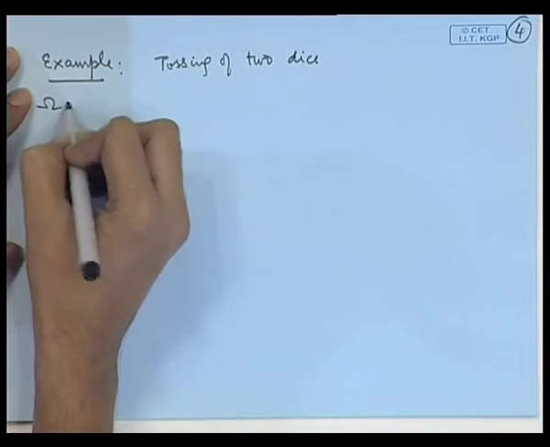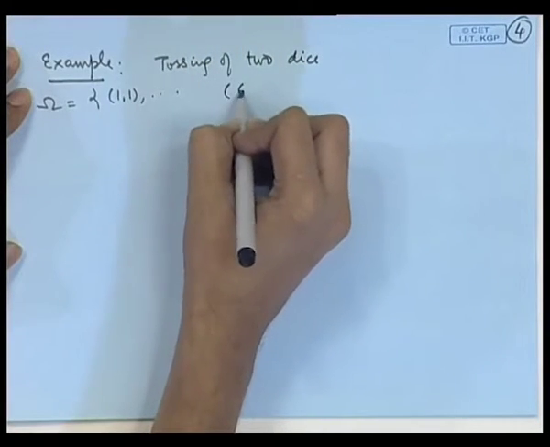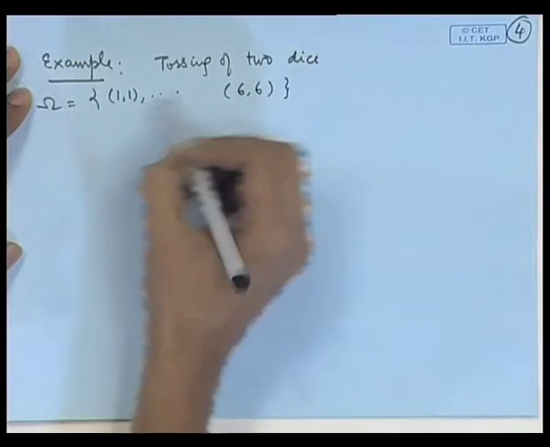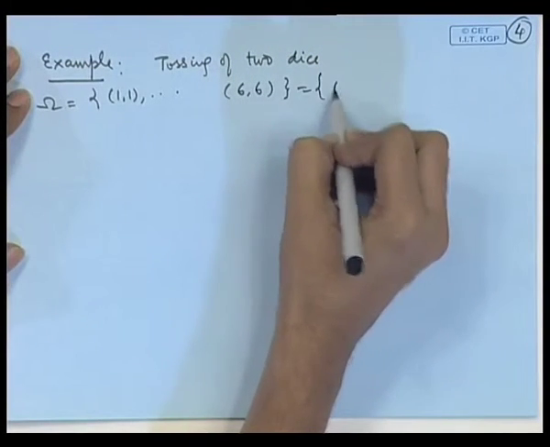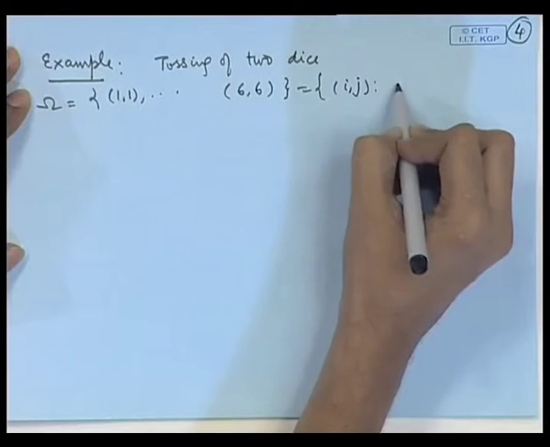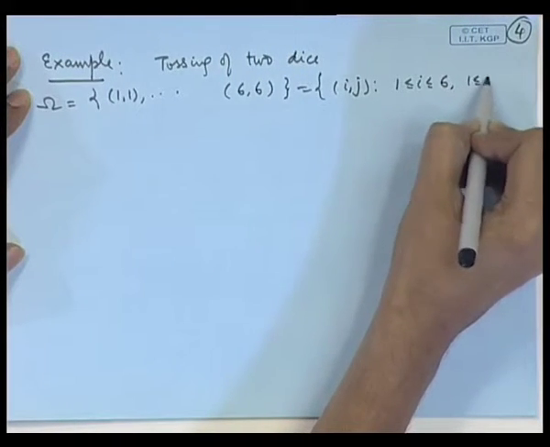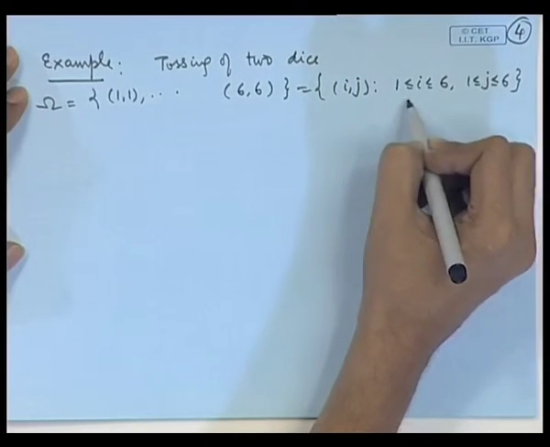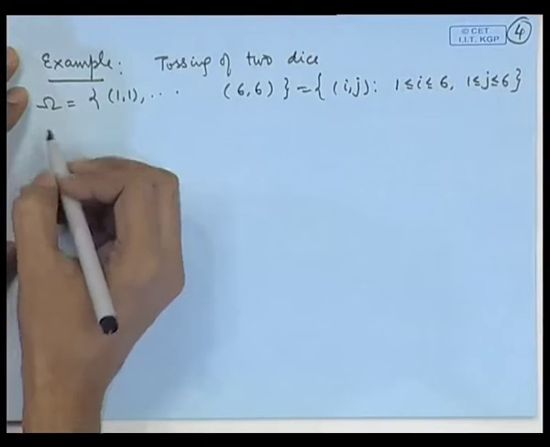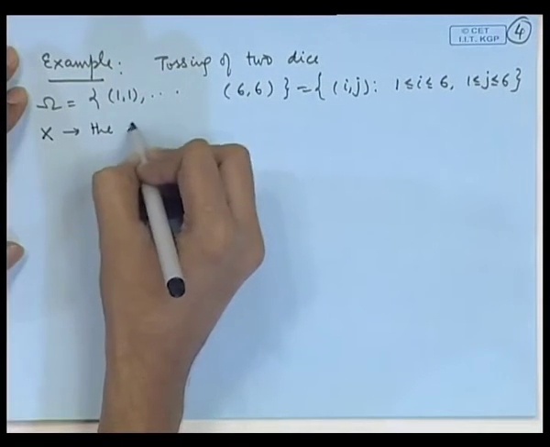Here the sample space is 1 1 and so on up to 6 6, all the combinations of numbers (i, j) for 1 less than or equal to i less than or equal to 6, 1 less than or equal to j less than or equal to 6, all the combinations of natural numbers between these. If I define the random variable X as the sum observed,